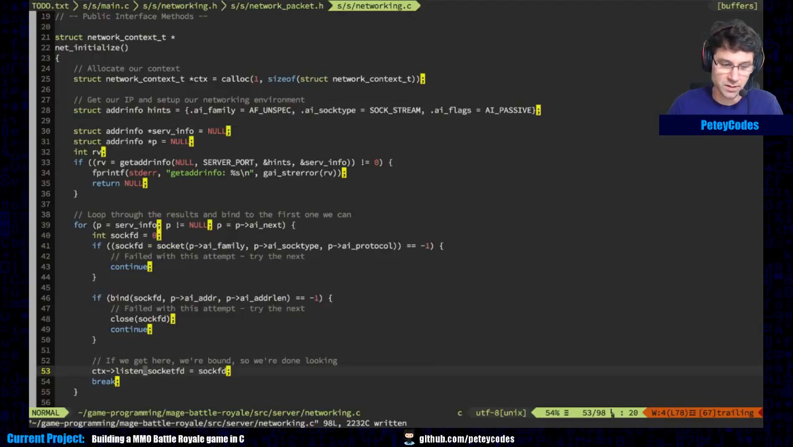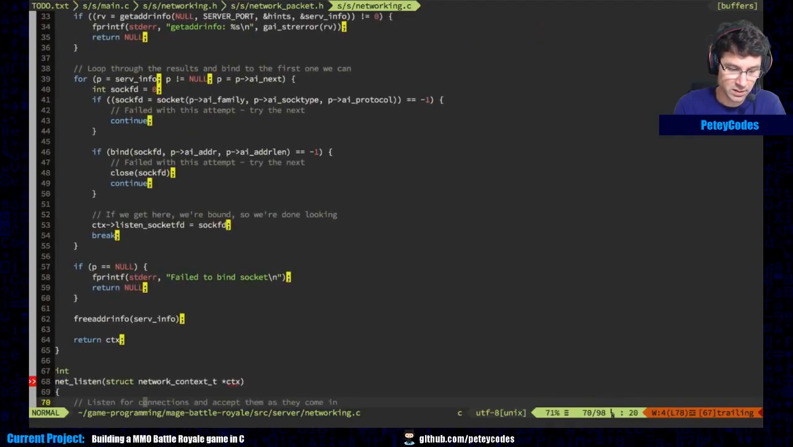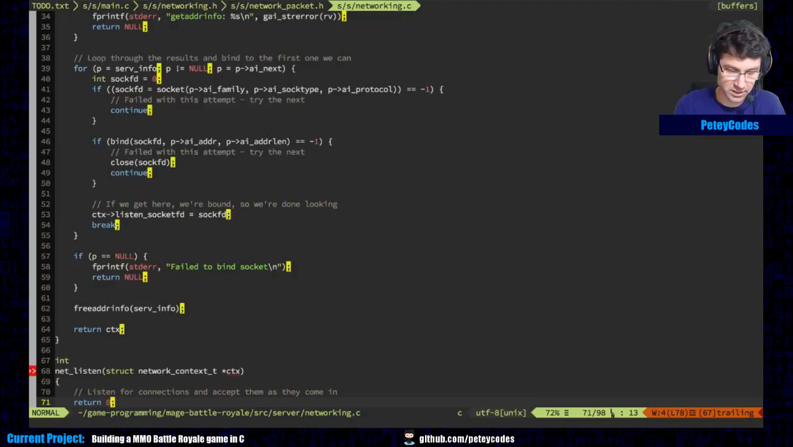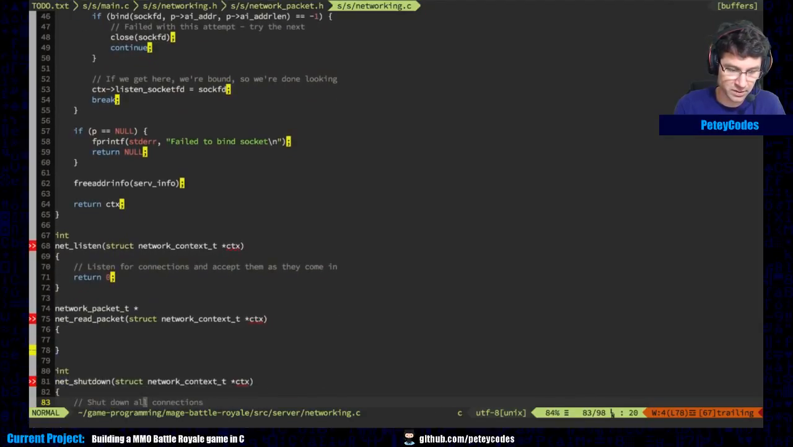All right, so we've got our net initialize that is basically going to get information about our server machine, bind to the port on that machine, and then return the context. The next step, which you can see I have not done any work on, is that once you've bound to the port on the server machine, you need to listen for incoming connections. So what we're going to do there